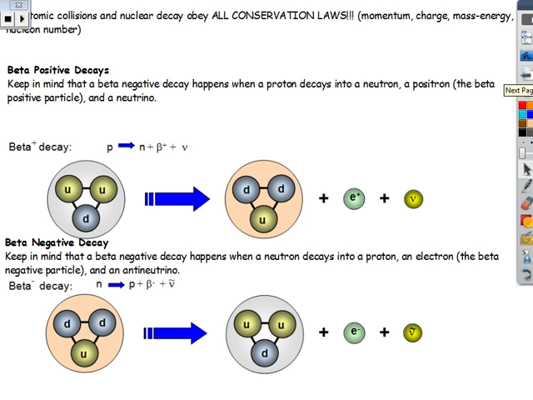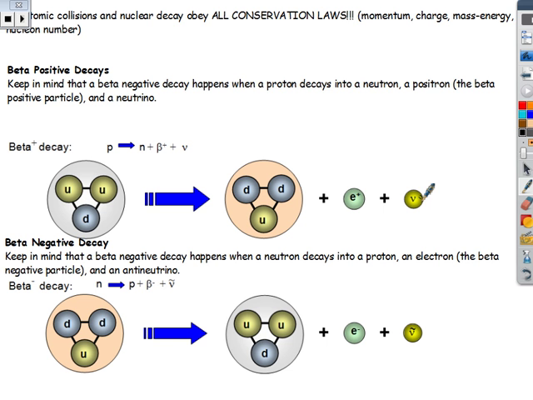Now, in atomic collisions and nuclear decay, we still obey all conservation laws. In beta positive decay, again, we produce a positive beta particle, also called a positron, which is an anti-electron, and then a neutrino. Again, the reason why that neutrino is there is because of conservation of momentum. That positron comes off with less momentum than what we'd expect, which gives rise to the idea that a neutrino